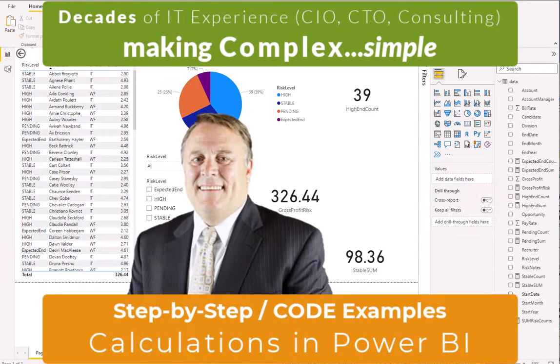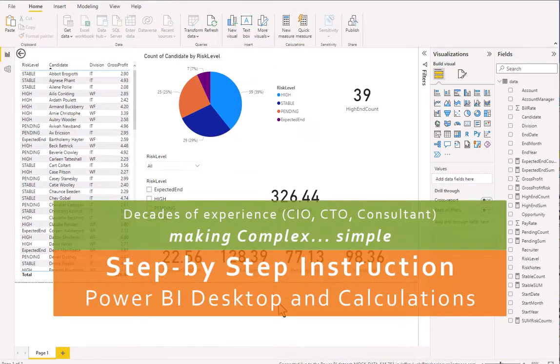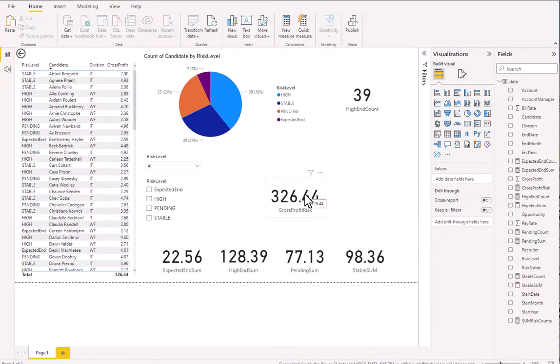Now that we have all of the data here within our Power BI environment, see other videos in these steps that we're going through on how to customize Power BI. Now let's go ahead and add some more custom DAX. So stay tuned. We're going to actually look at how to add totals from gross profit, a different column, and